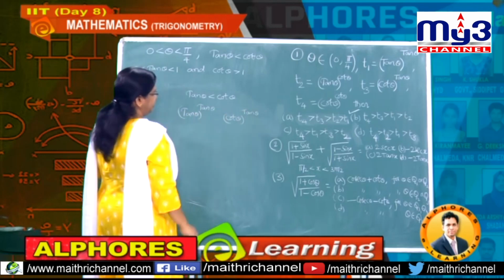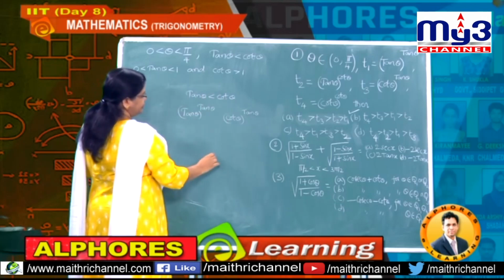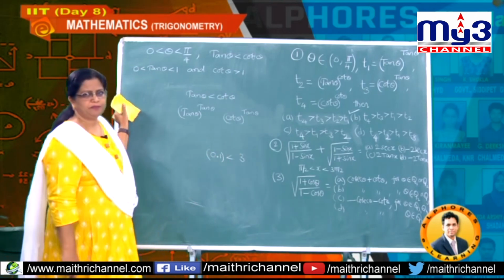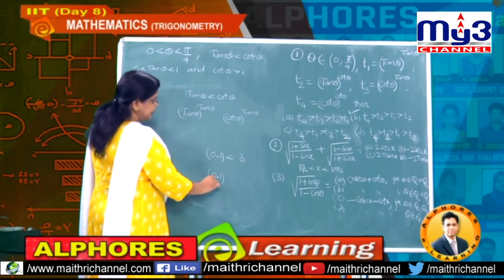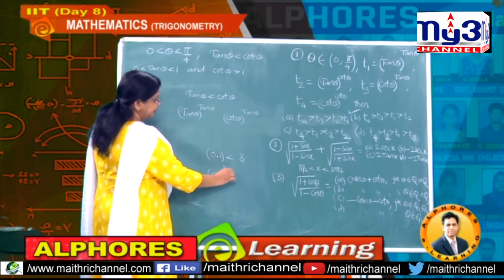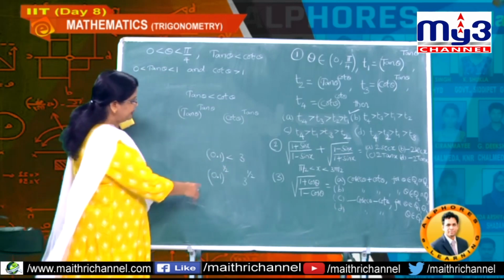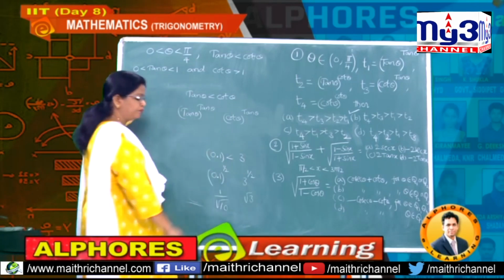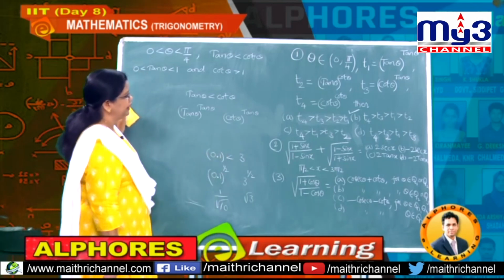Okay students, now you know one relation about positive numbers. Suppose one is 0.1 and this is less than, suppose, this is 3. Understand students? And now I am taking the power, again less than 1. Again less than 1 means, suppose I am taking the power as 1 by 2. And this one is 3 to the power of 1 by 2. Then what about this value? Actually 1 divided by root 10, and this one is root 3. And now what is the inequality between these two values? So what is the inequality?